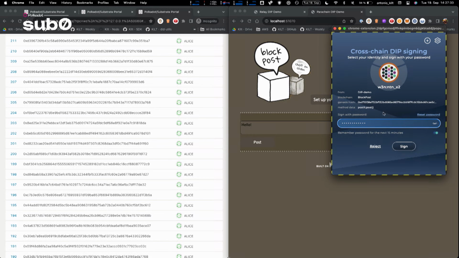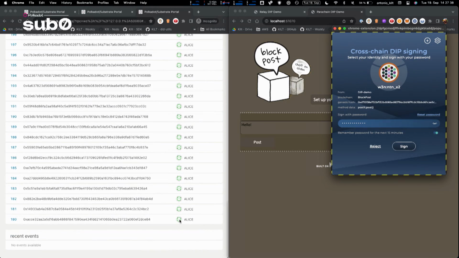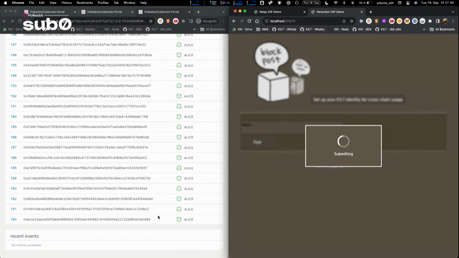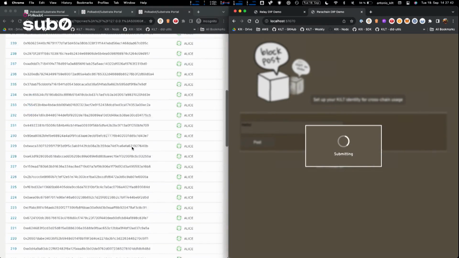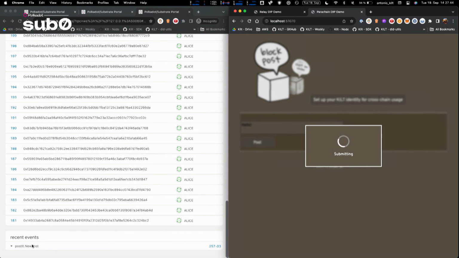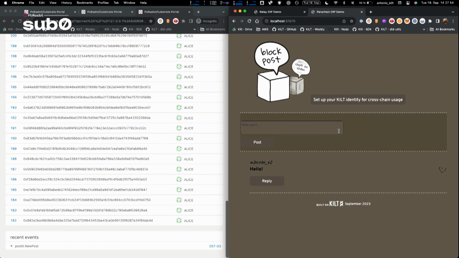That's the right identity, yes. OK, now it's been created. It will show in the dApp here. So I've used my identity, basically aggregated on the KILT chain, to use it for any other parachain that somehow has understanding of what the KILT chain is, including the relay chain.